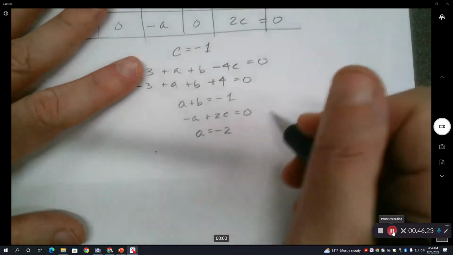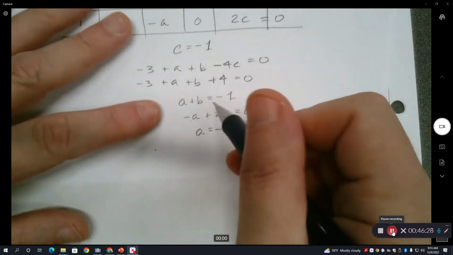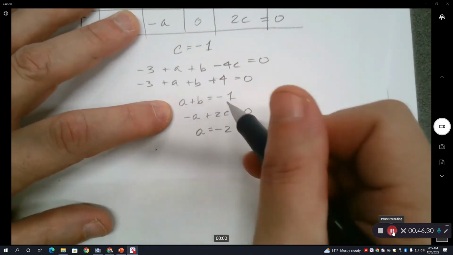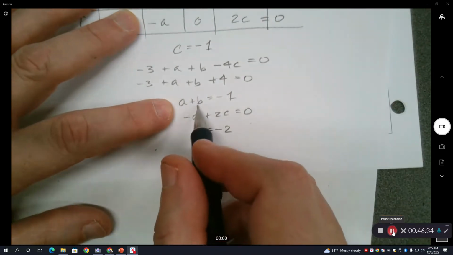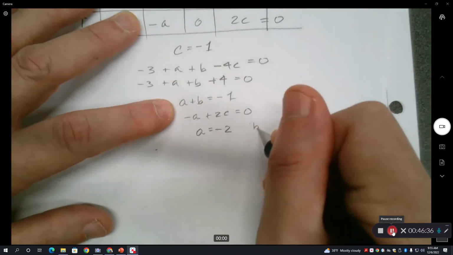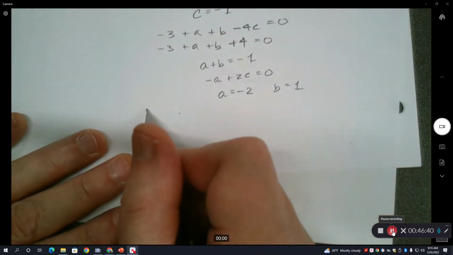Oh, and then by the way, B should be equal to 1, right? The -2 plus B, yeah, so B is equal to 1. So if we plug them back into there, we could say that